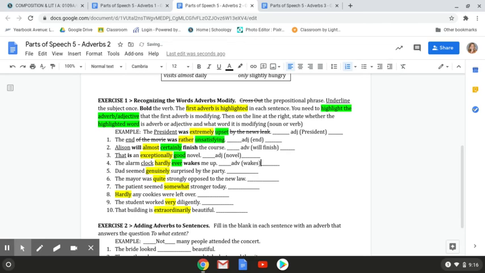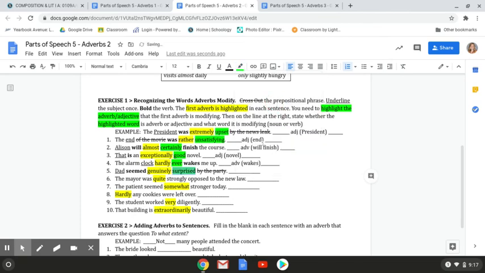Modifying wakes. Number 5, Dad seemed genuinely surprised by the party. By the party is a prepositional phrase. Highlight it, Alt-Shift-5. Dad is my subject. Seemed is my verb. Genuinely what? Surprised. Should be highlighted